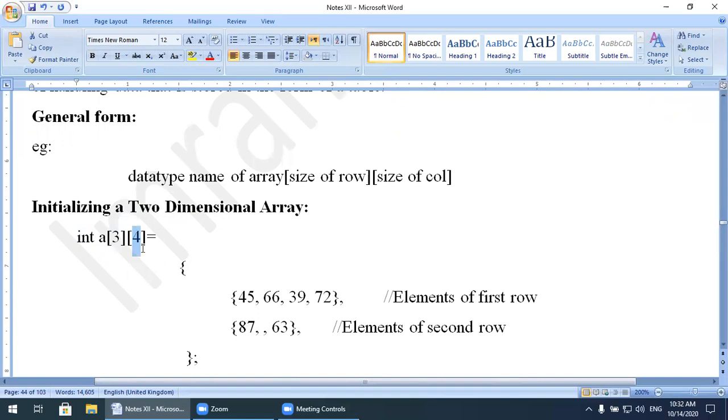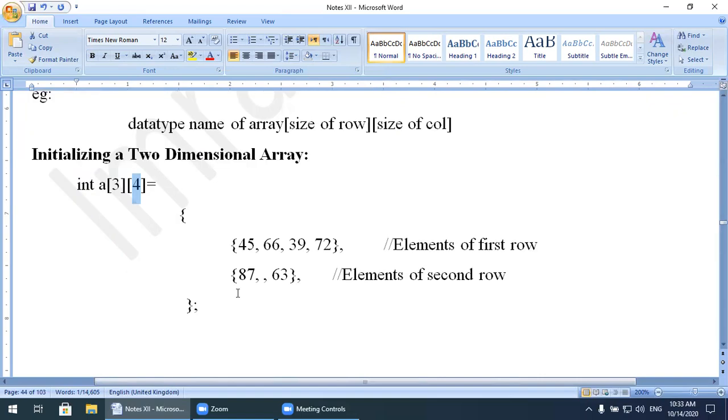Now this matrix has rows and columns. First value 45, then we will use pair braces, again braces. So with 45, 66, 39, 72, this is the first row elements. Then we will use the second row elements, and the third row elements, depending on this position.